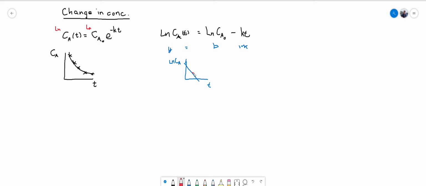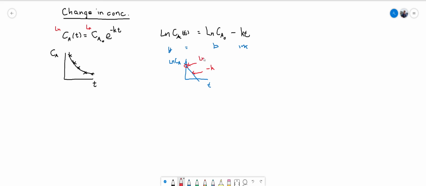One is the slope of this line, all right, if I look at that, will end up being, all right, my rate, all right. So if I don't know the rate, I need to determine the rate at which this species or this concentration is deteriorating or going away, all right, I can just calculate the slope of this line, all right. But also my y-intercept, all right, is